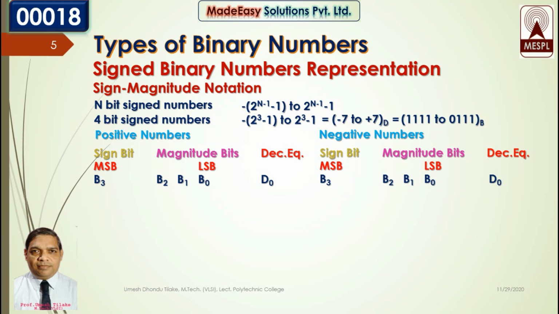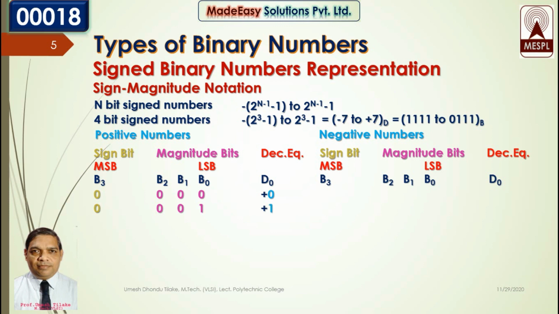Now when this sign bit is 0, the numbers are positive. If you see, we have 3 bits now to represent the magnitude. So 2 power 3 is equal to 8 numbers we can represent over here, and these are positive numbers because we will use B3 as 0 over here. So the first combination is 000 and the final combination is 111. So let's write B3 is 0, B2, B1, B0 is 000, and that is plus 0 in decimal. Our next combination will be 001. So let's write 0001 and it is plus 1 in decimal.